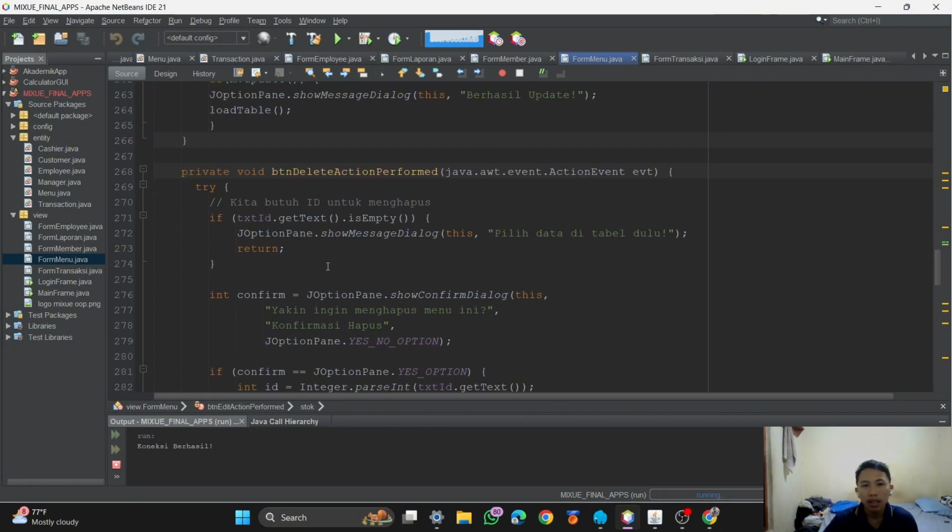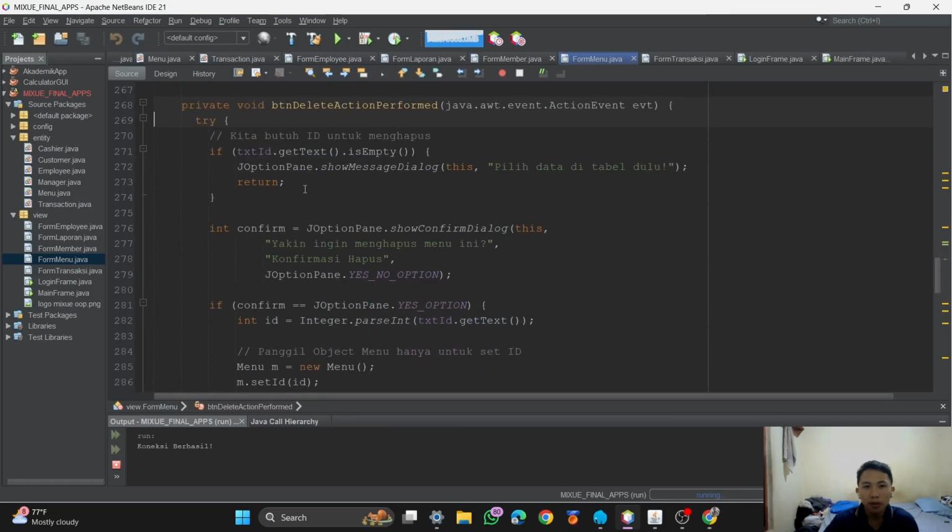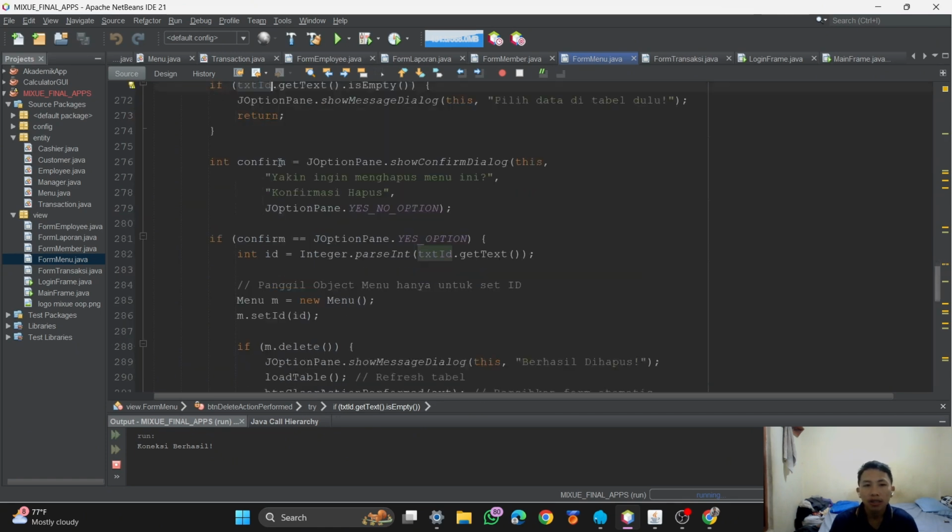Okay, next is the button delete method. Where's button delete? This is the button delete. When we have not clicked any data in the table, we get the message 'pilih data di tabel dulu'.